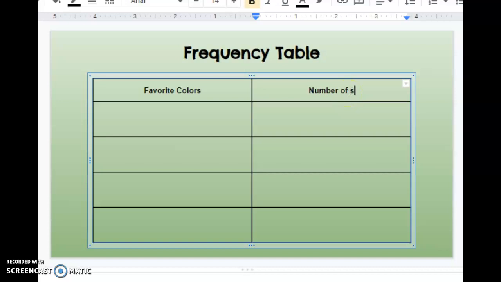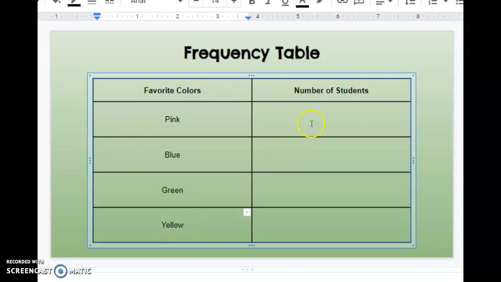The number of students who liked this color. So some of the colors I'll do is I'll do my favorite color, pink. We'll do blue, green, yellow. Okay. And then for today's lesson, you're also going to give me 2 questions based off of the graphs